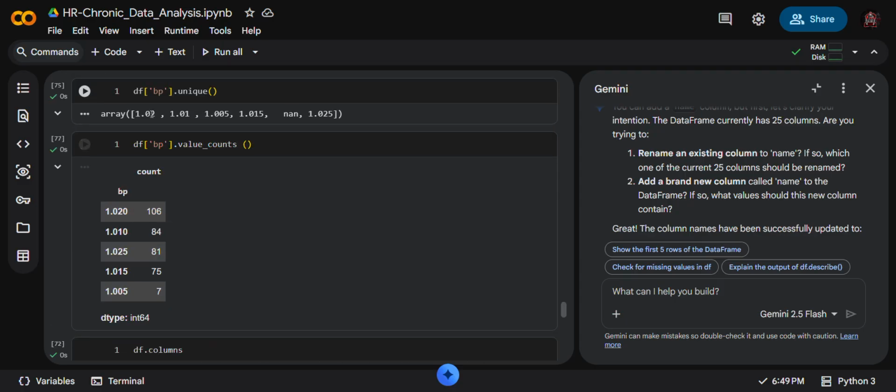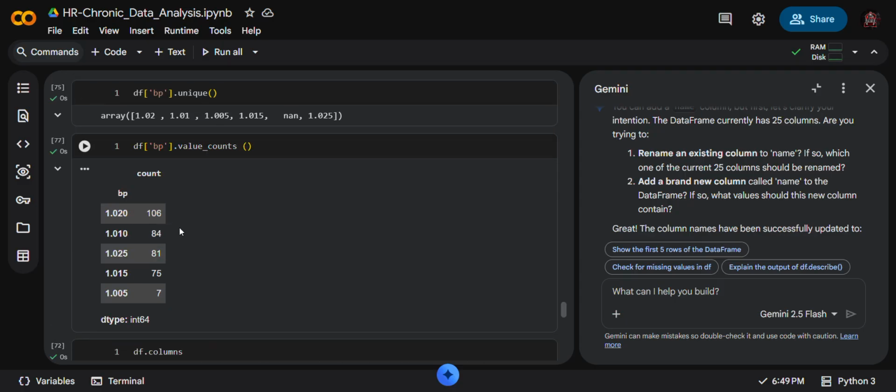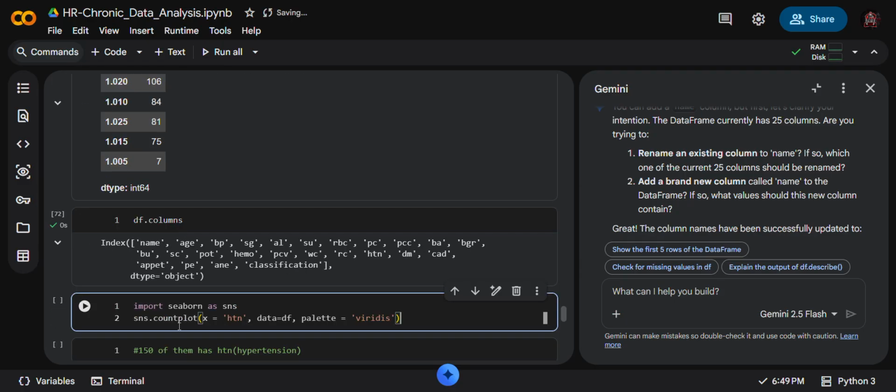So for BP, plotting x is, sorry, HTN. So we are taking HTN, not BP. So x is HTN, and data is defining the data, from which data, for which data, that is